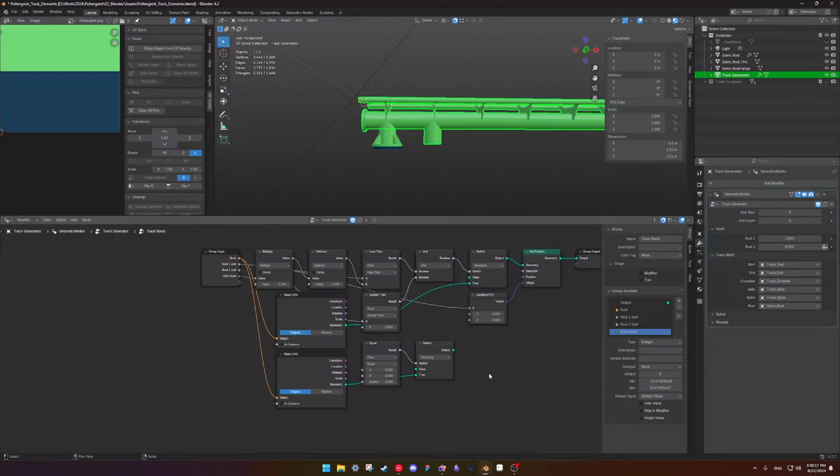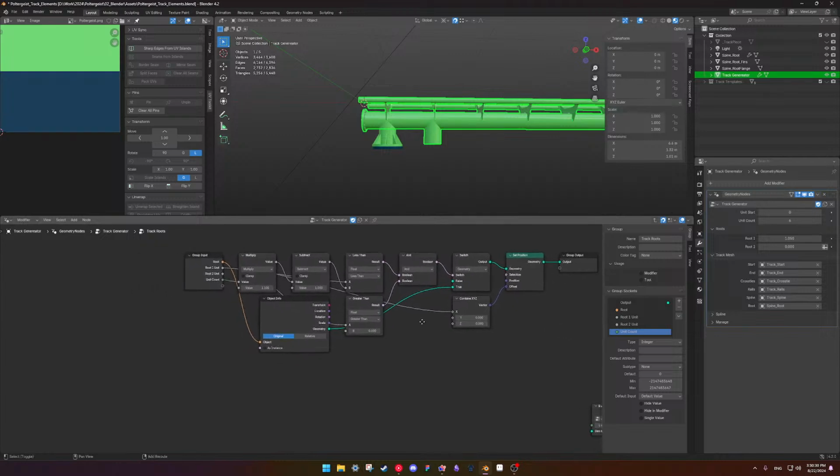Subposition offset there. Take this route. Actually, let's do this.